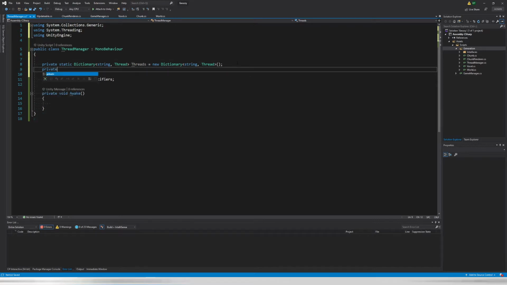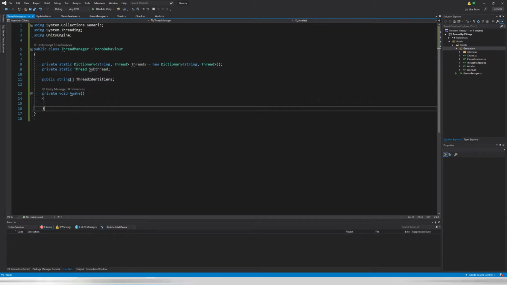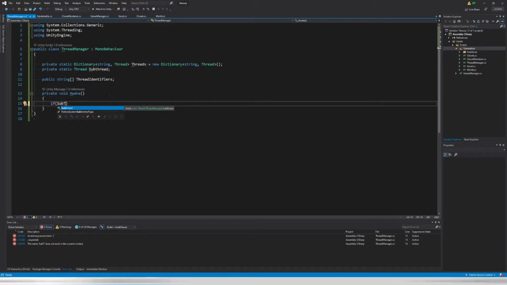So there will be one private static thread, and this is the sub-thread. And this sub-thread will be spawned in here, but only if it's not actually running. So if sub-thread is null,